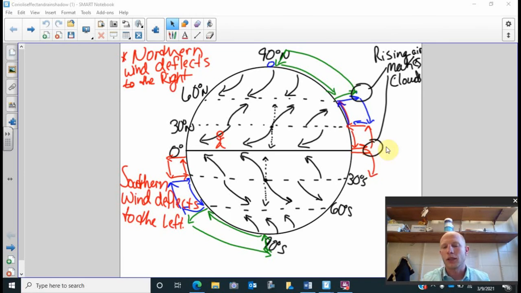Okay, so we get all of our rainforests around the equator. This is why it's the tropics. And then over here, the rising air makes clouds. So at about 60 degrees north, you're really not going to find a whole lot of dry places because there's rain that takes place. I'm not going to say a bunch of rain, not enough for a rainforest, but there's really no dry areas if you look at latitude 60 degrees north, and it's reflected on the southern portion as well. On 60 degrees south we have this rising air, so we'll get clouds here. So you're really not going to find any